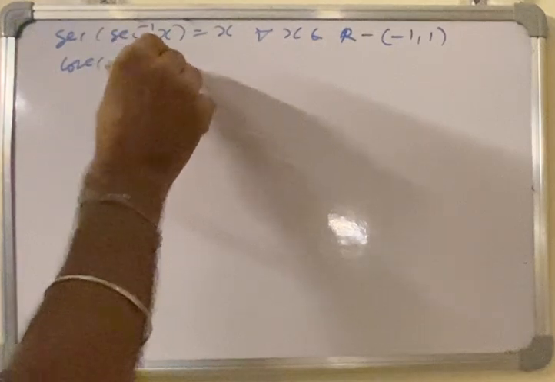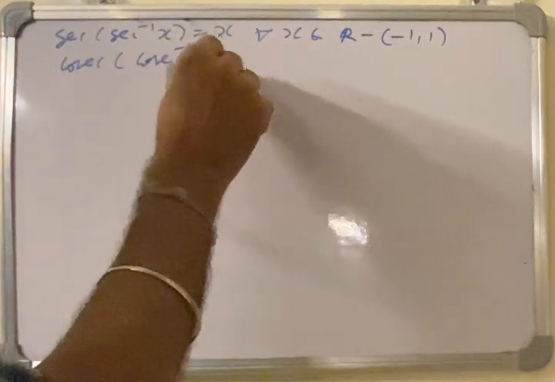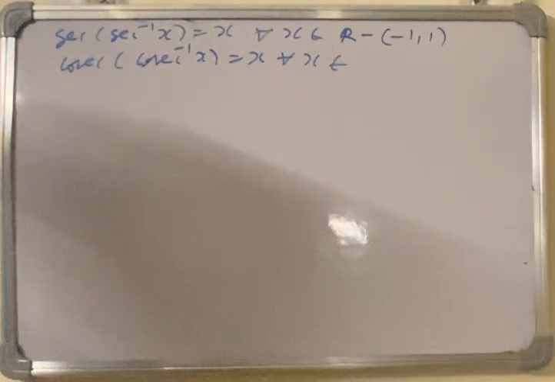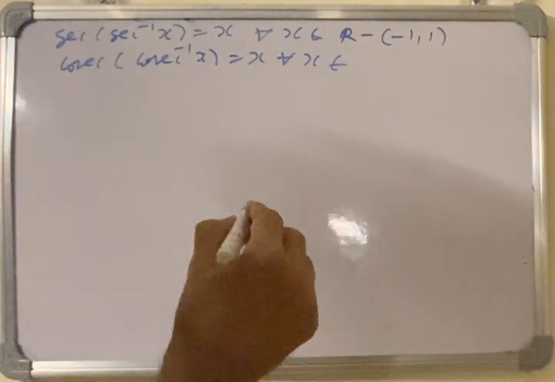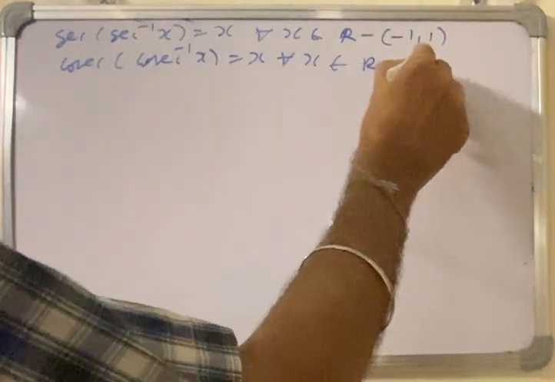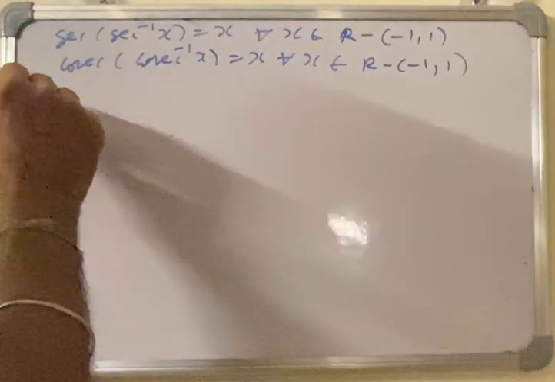Cosecant of cosecant inverse x is x for all x belonging to R minus the open interval minus 1 to 1. Third property,